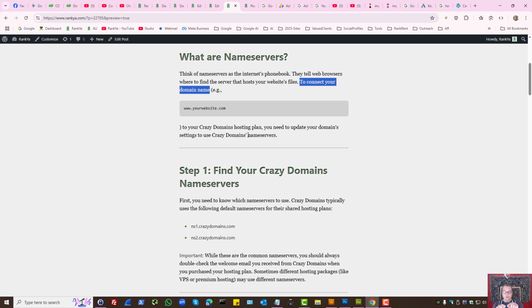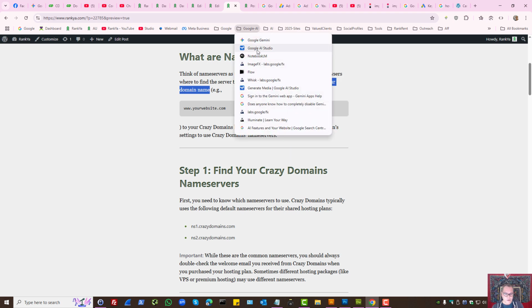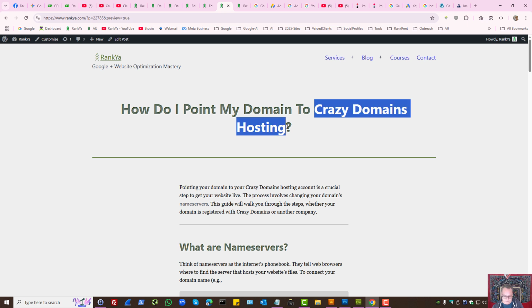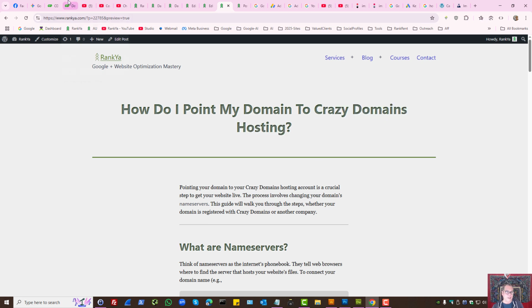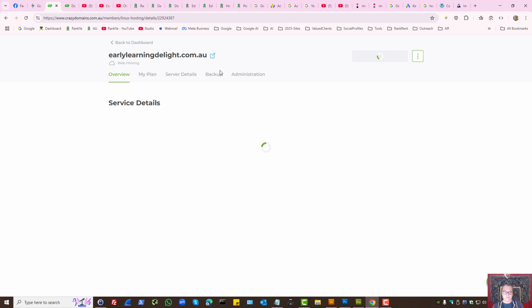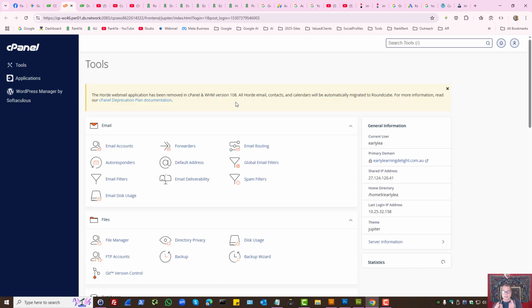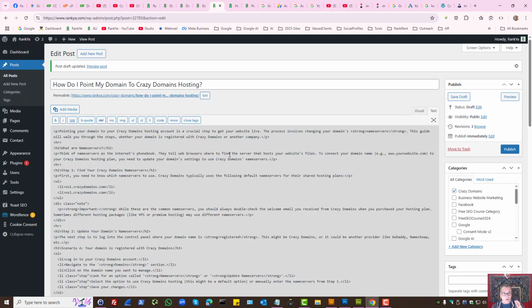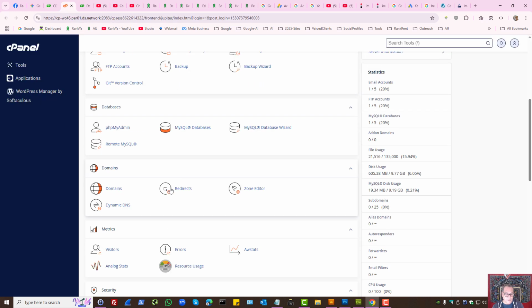Now, if you were to do just this, this is not good enough. Instead, you need to go a little bit more deeper, like so. How do I point my domain to Crazy Domains hosting? Right? So I can say, okay, you know what? Can I create some images quickly and easily? So whatever the subject matter, whatever the tool that you're using, understand how important it is to have original content. Not just use AI to pump out text only, but rather say, okay,